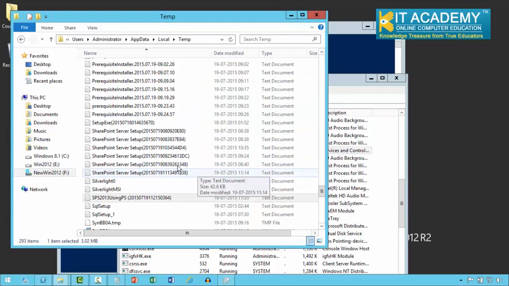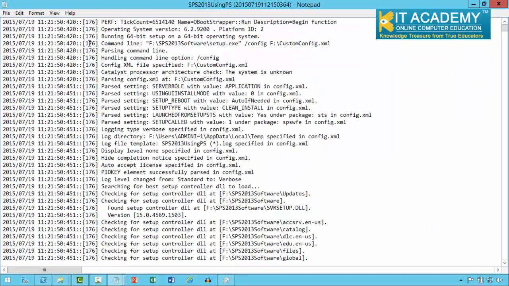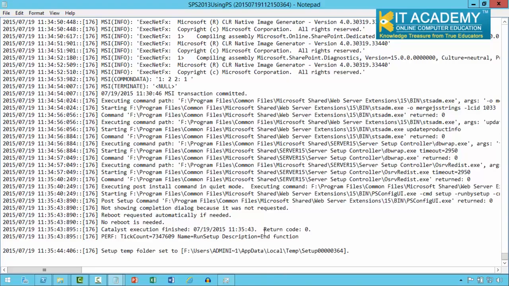In addition to verifying the new apps that we have just seen, we can also see in the temp folder under local app data, administrator users, this is our log file that actually got created. If I open this log file, you can see the whole process; approximately it started at 21 minutes, and everything went well in 14 minutes approximately. Now you can see everything has been installed successfully. No reboot is needed,